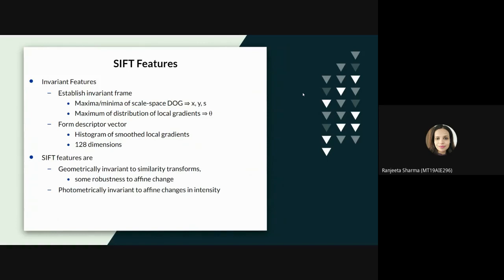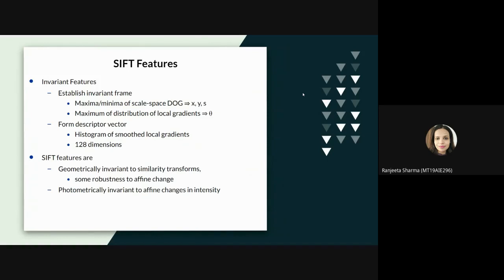The first step is to construct the scale space, which is a collection of images having different scales generated from a single image. The next step is to find the important key points from the image, and then we can use these for feature matching. The idea is to find the local maxima and minima for the images using the difference of Gaussian function. Now how do we find the local maxima and minima? We go through every pixel in the image and compare it with its neighboring pixels. The generated key points are scale invariant.